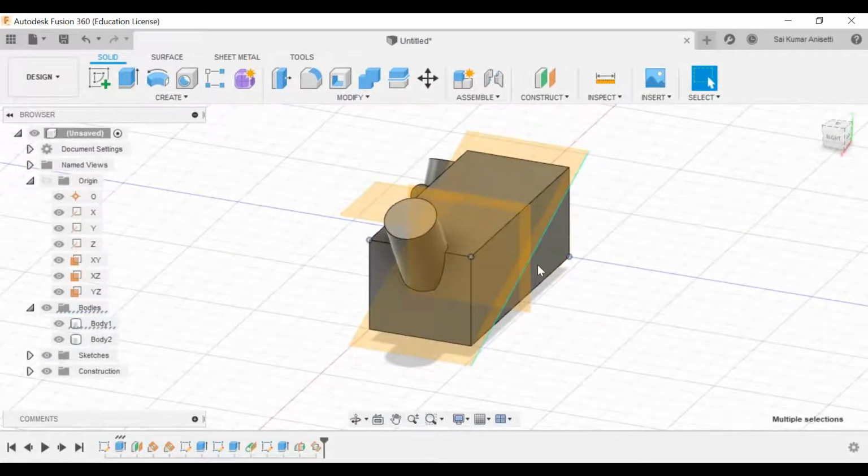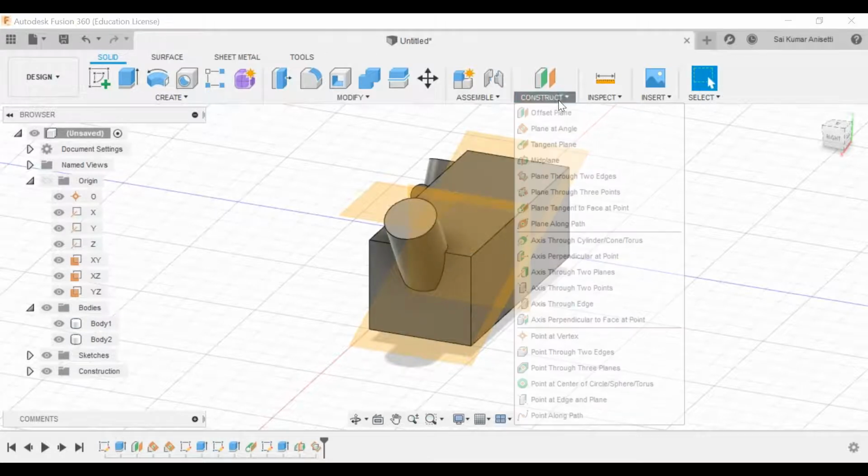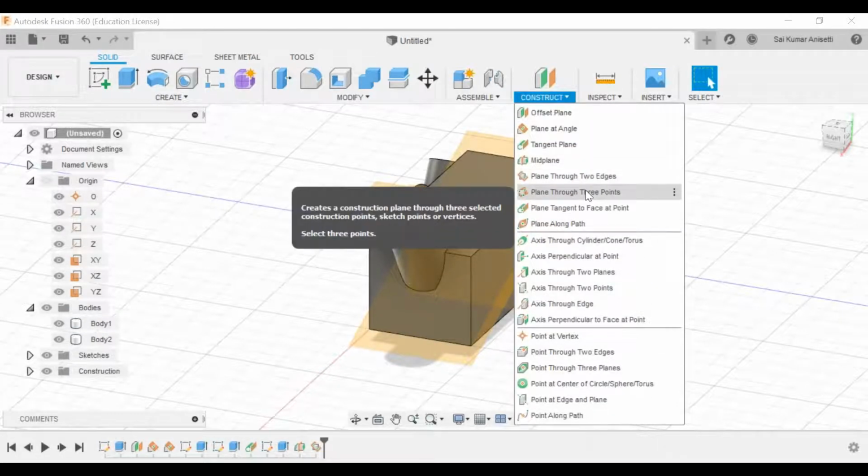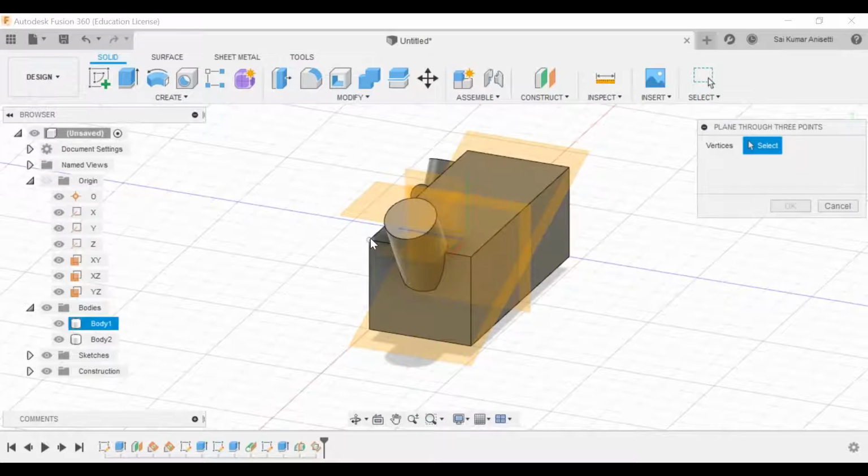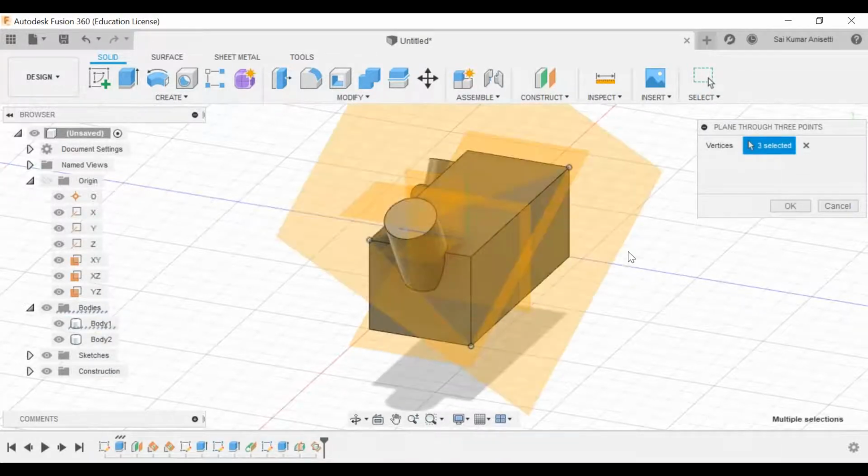One is lying on the x-axis, one on the y-axis, one on the z-axis. These are three different points which lie on three different axes. I can create a plane which will be passing through all these three given points. Okay, construct, go to plane, which will be point number one, point number two, and point number three.